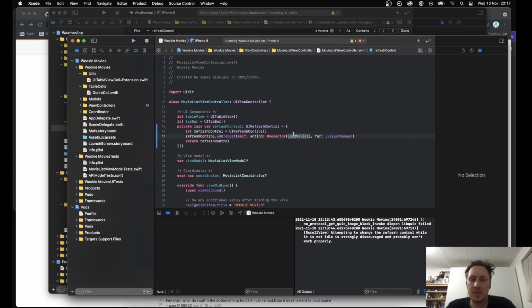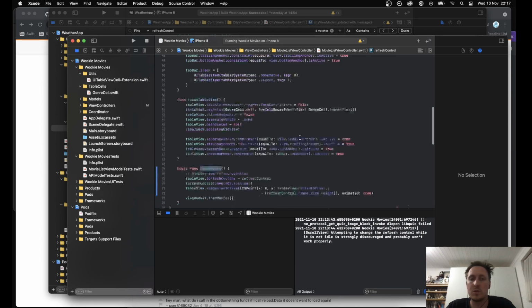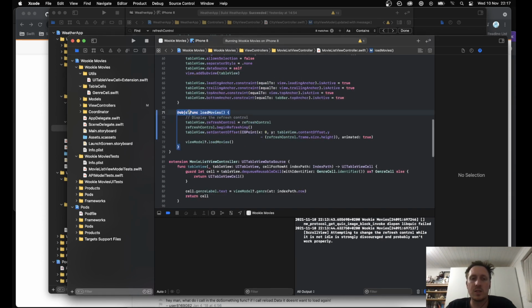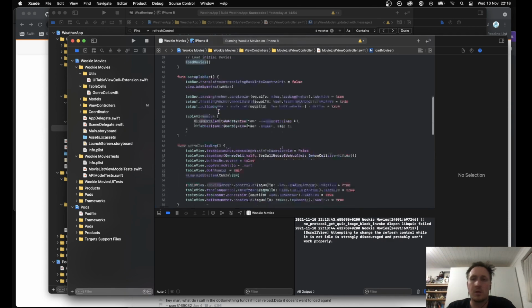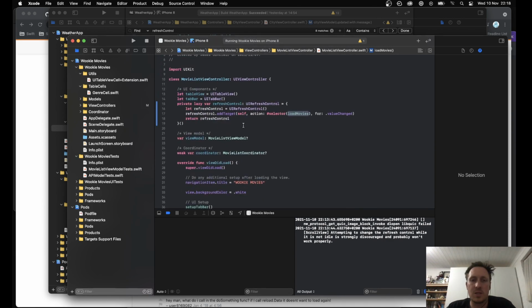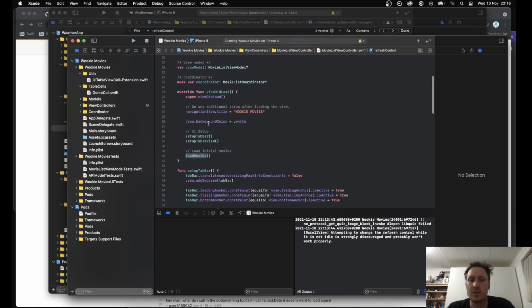So to use selectors, the functions that you slap in them need to be Objective-C callable. And that usually just entails slapping an @objc in front of the function. It's one of those silly things still left over because Swift is still just built on top of Objective-C. Okay. And then if we just say